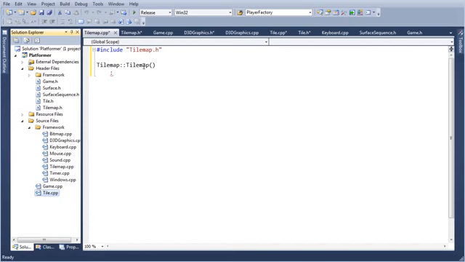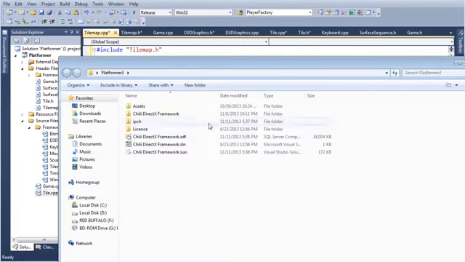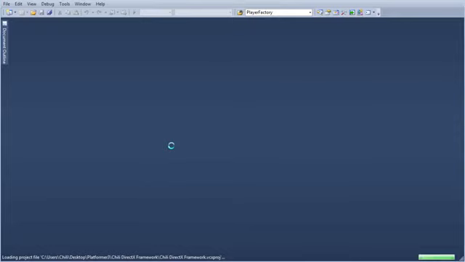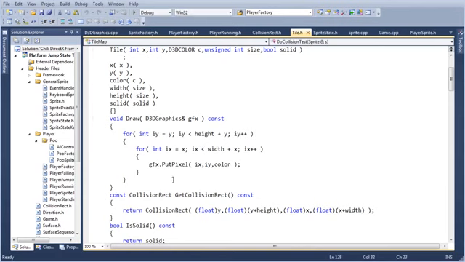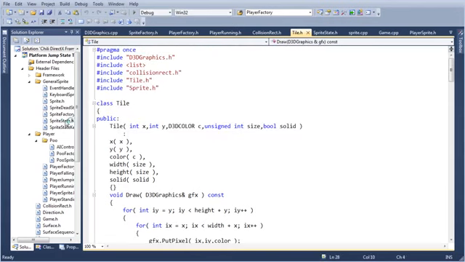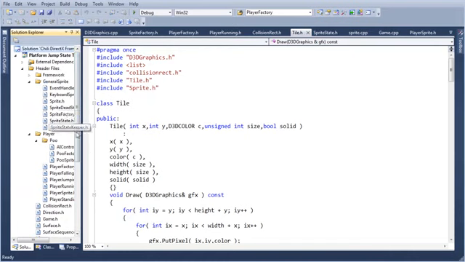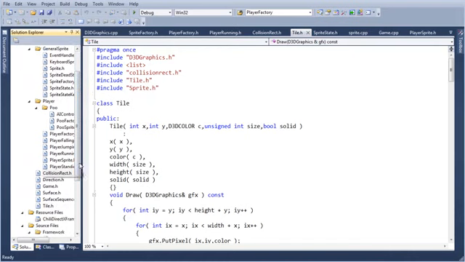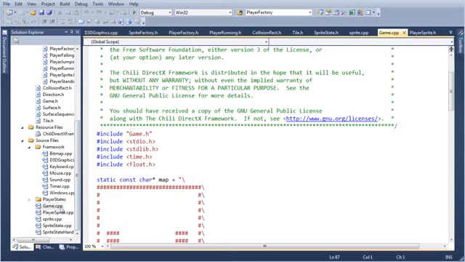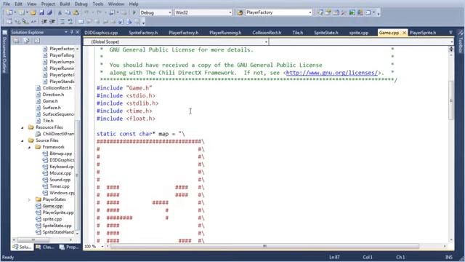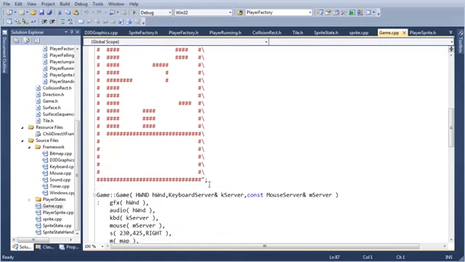How to do this? I guess I just show you. This is the thing I've been working on to test out stuff that will actually go into the tutorials. As you can see, it has quite a few more files in it. Let's go to the game file. Here is the map that I'm using right now for my testing.